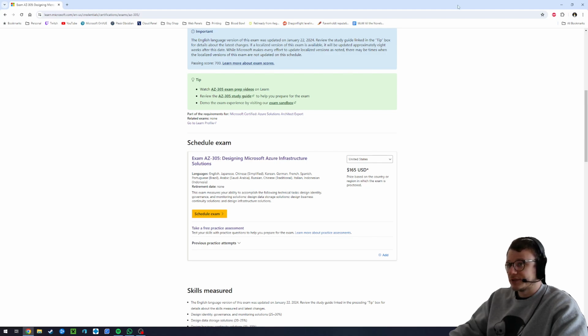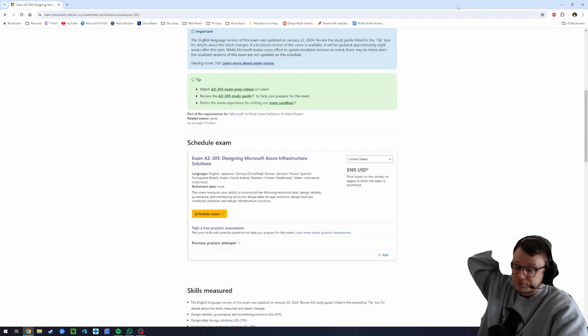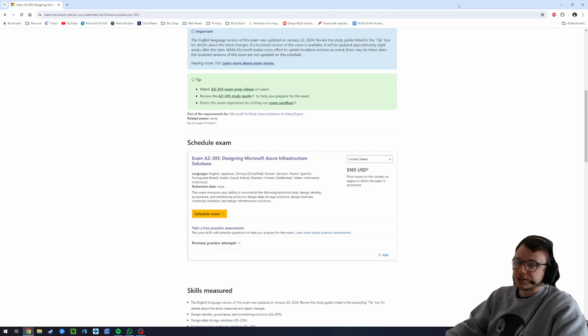Storage was a big part of this exam. I didn't see that much compute, but there's a fair range of compute topics that are covered. Things like VM sizing, which VMs are burstable, P series for burstable, difference between D general purpose, E memory optimized, F compute optimized, or CPU optimized. What the N series does, things like that,